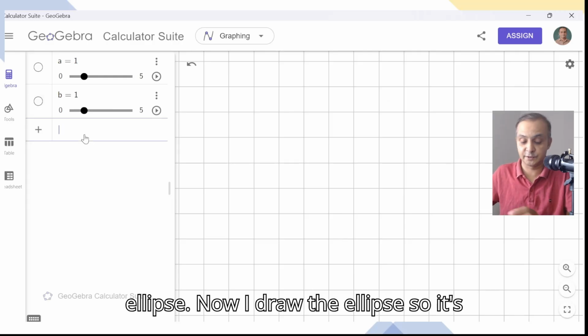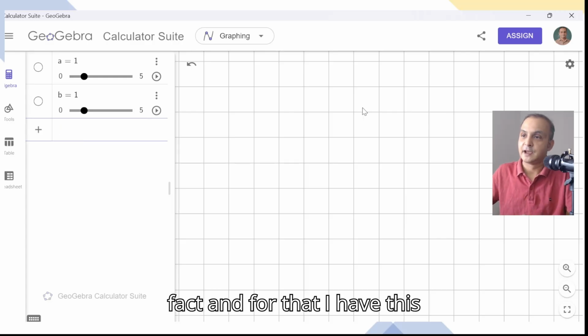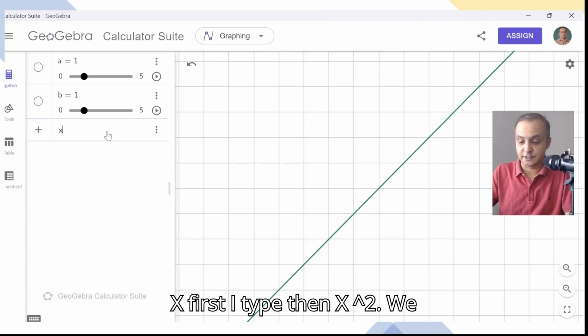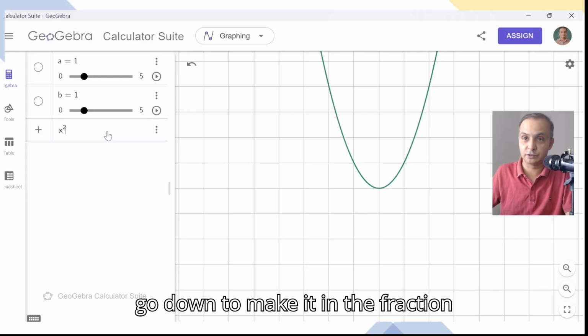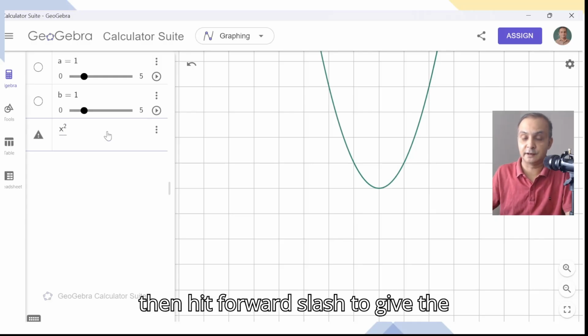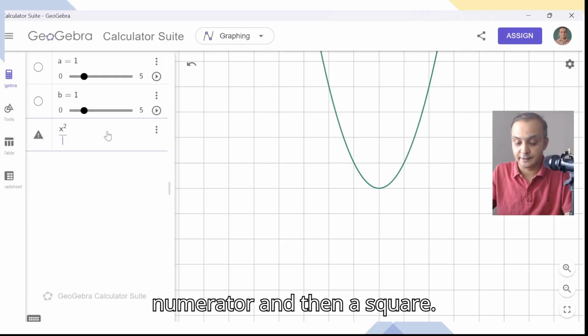Now I draw the ellipse. It's not really drawing, it's just typing. First I type x, then x squared. We go down to make it a fraction, then hit forward slash to give the bar which divides the numerator and denominator, and then a squared.